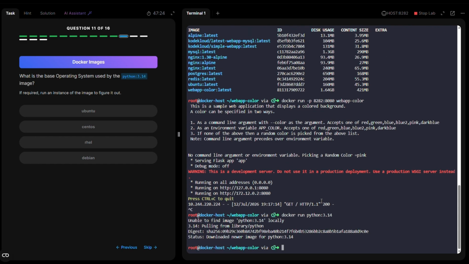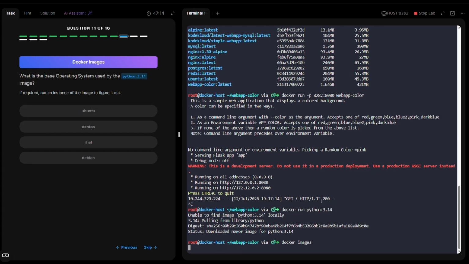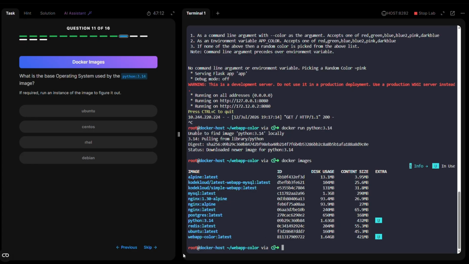So it should pull the image from the public Docker registry into my local host. So if I run docker images again, I should now have Python with the 3.14 tag. So that should be Python version 3.14 on this. So now to know the base operating system that this image is using, what I can do is I can run this